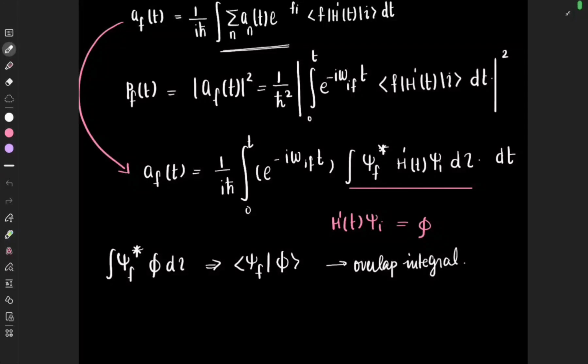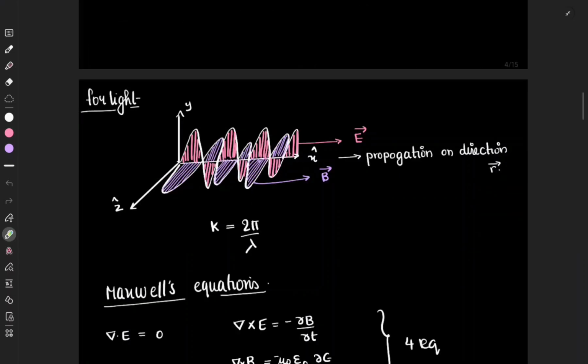So in the previous lecture, we came up with the equation for a_f(t) using the first order approximation, and today we'll be discussing what exactly is H'(t). It is not very difficult to realize that H prime of t, or the perturbation Hamiltonian, or the time dependent perturbation, should come from light. So we need to look at light, and that's the content we're going to learn today in